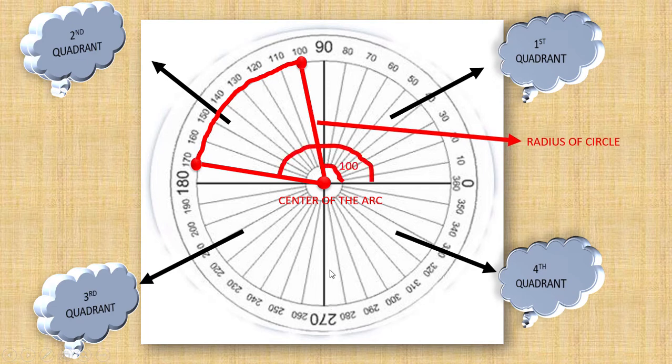So how will we draw an arc? Consider this center is also the center of the arc. Now we want to display an arc in this way. Suppose this will be the radius of that arc, and the first line or radius will create an angle of 100 with this x-axis, and after that it will generate an angle of 170 with this axis. So it will generate an arc in this way on our screen.